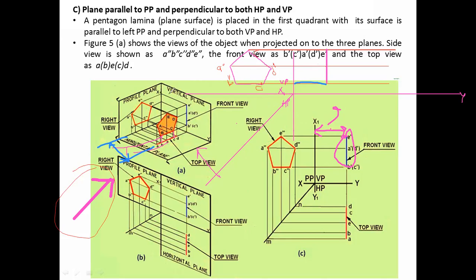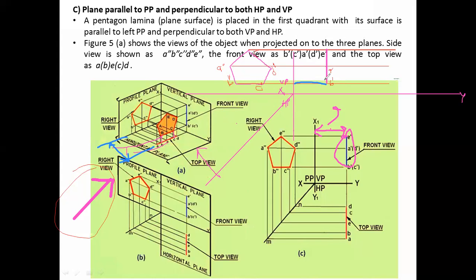A double dash, because it is profile plane. In front view, we will be having single dash. So this will be, first of all, A dash. Okay, we will go in sequence. Then again, we are having 2 points here, B and C. Which will come first? B. So that will be B dash.